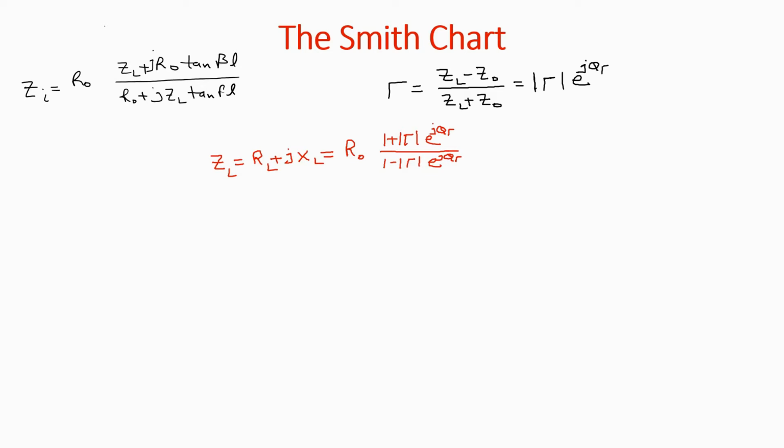Now, in many cases, the solution involves complex number manipulation. So, to ease the calculations, we can use a graphical method that was introduced by P.H. Smith in the 1940s. This is a very old method to solve the transmission line problems. So today we will discuss the mathematics behind this Smith chart.